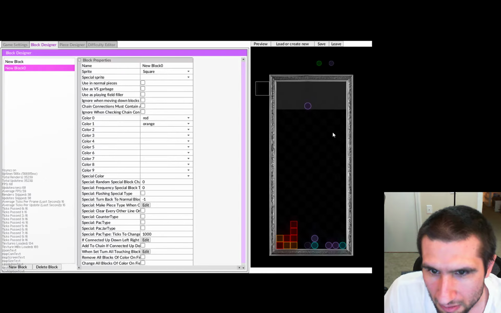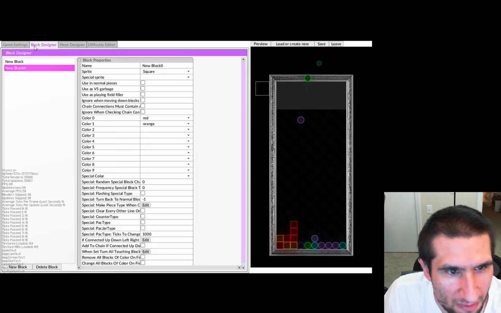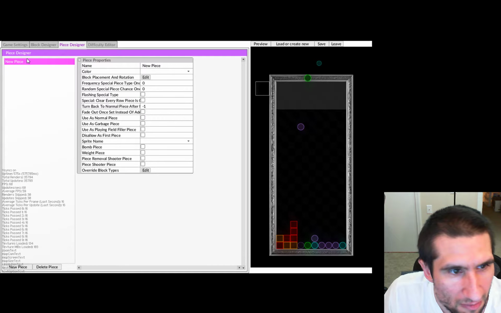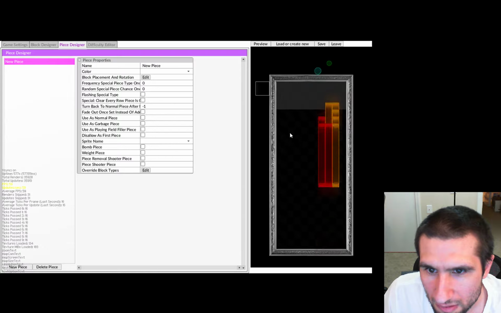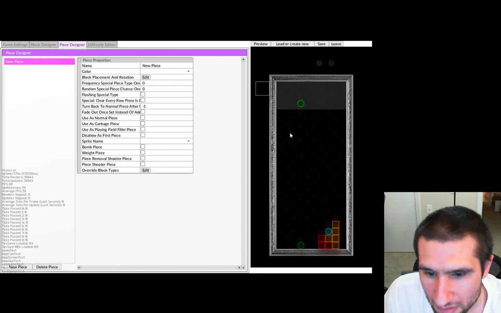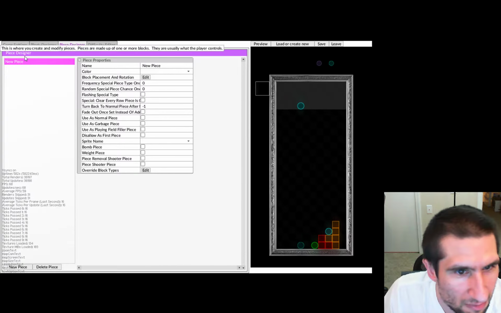And the reason it's not doing that is, I believe, because I'm on the block tab. Let's try that. No, it's still not working. Okay, well, I don't really remember why. I should figure out why. Let's see what happens if I run out of these. No, it just keeps doing single block